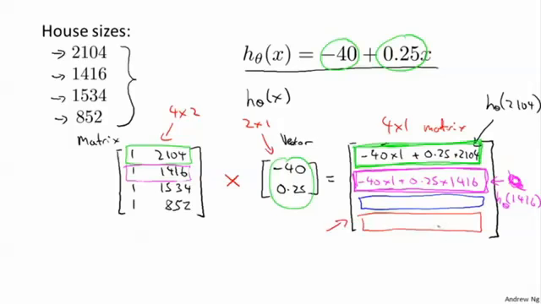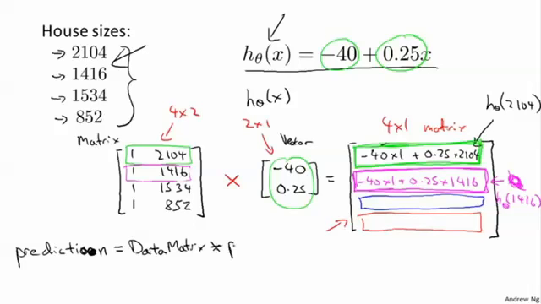And the neat thing about this is that when you're actually implementing this in software, so when you have 4 houses and you want to use your hypothesis to predict the price y of all of these 4 houses, you can write this in one line of code. When we talk about Octave and programming languages later, you can actually write this in one line of code. You write prediction equals my data matrix times parameters,